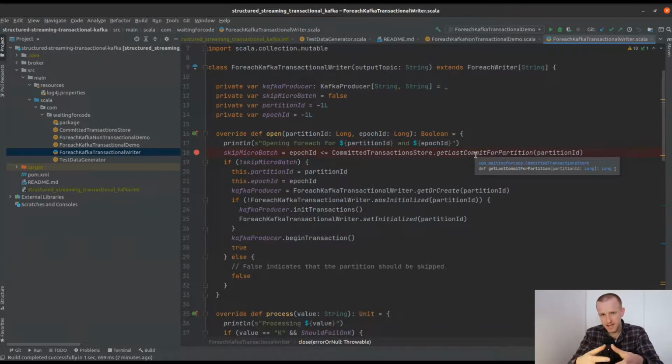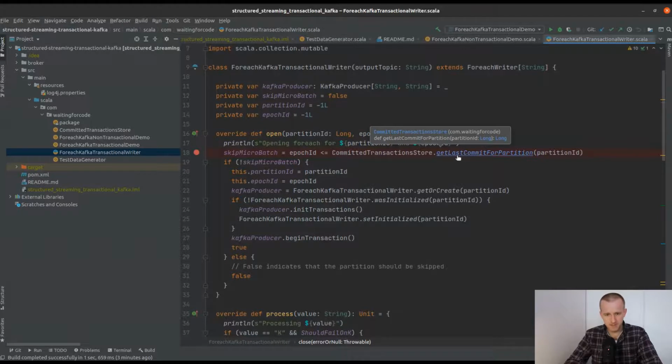which means that one task can terminate before another, and hence it can commit the transaction. And without this extra commit storage, if we replayed the failed microbatch and some of the tasks succeeded, we would generate duplicated data to the output topic. So that's the reason why I created a local storage, but of course in a distributed world it should be a distributed storage. I created a local storage using MapDB that